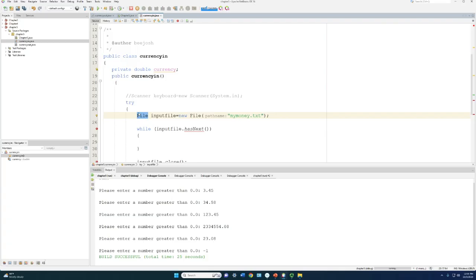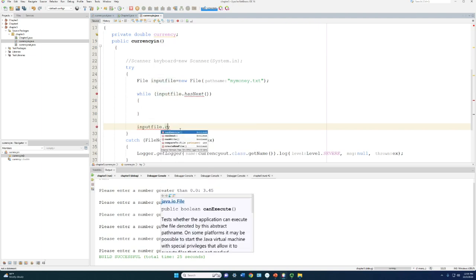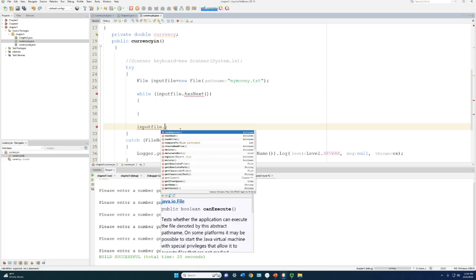You know what? Let's move on, and we may need to come back and fix those. We'll see. It does not like them, but we can play with it here a little bit. Let's see if IntelliSense will actually help us out a little bit. Yeah, because the input file does not have a close. Well,